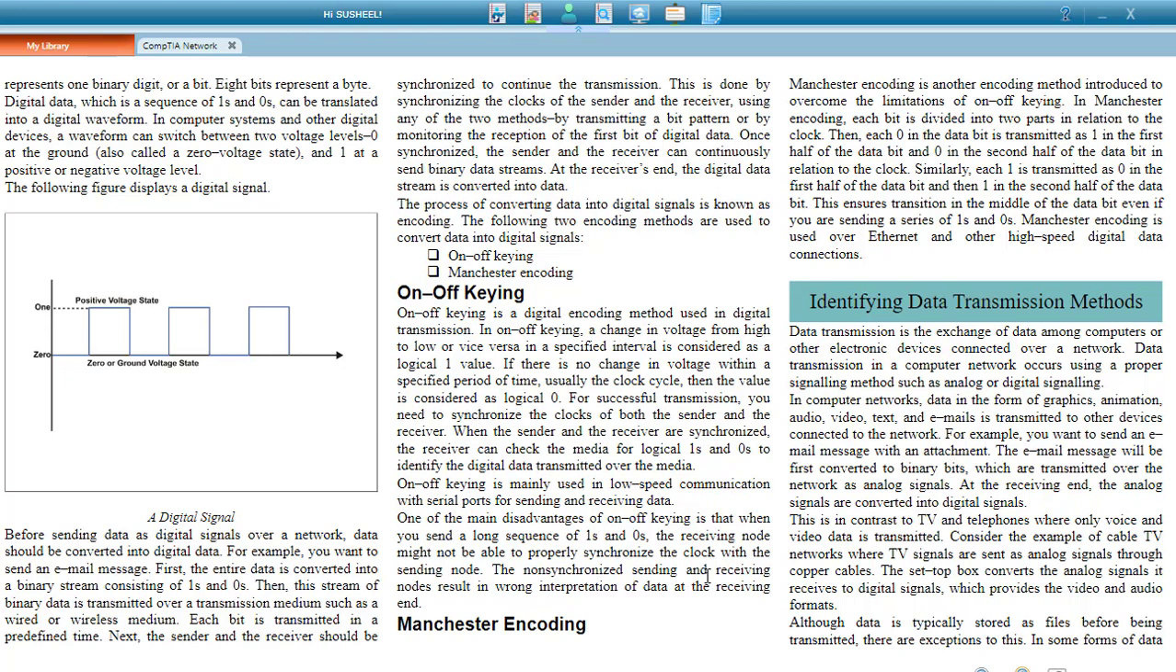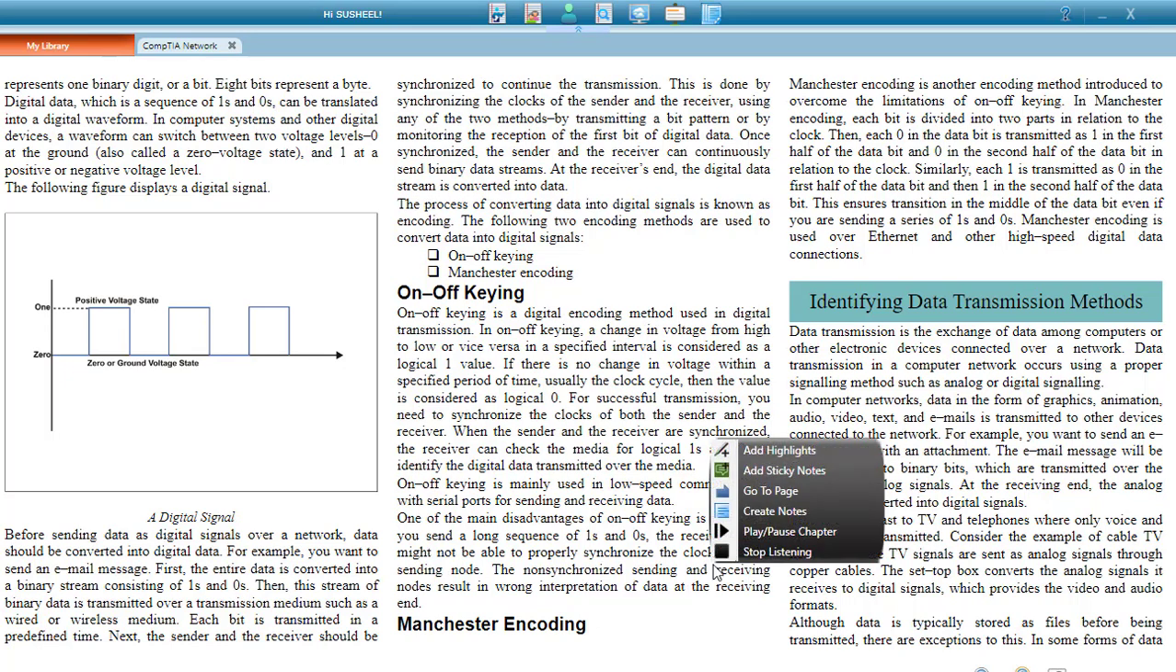The email message will first be converted to binary bits, which are transmitted over the network as analog signals. At the receiving end, the analog signals are converted into digital signals. This